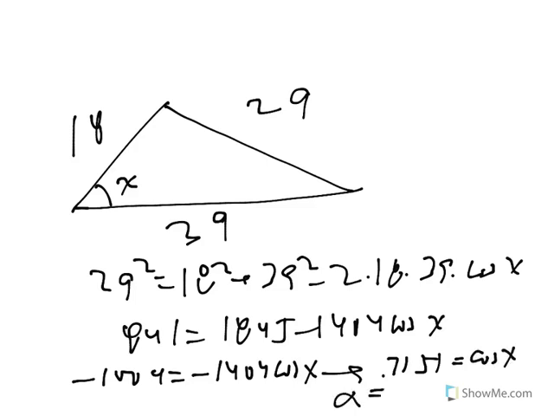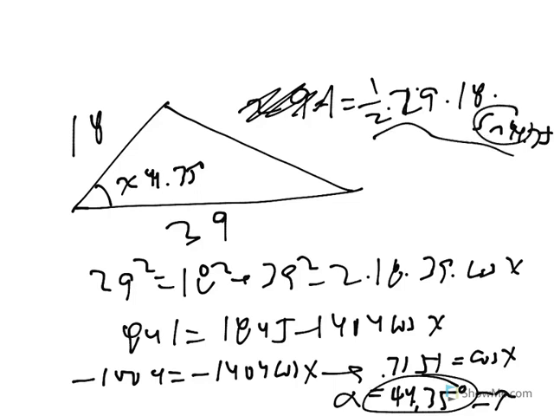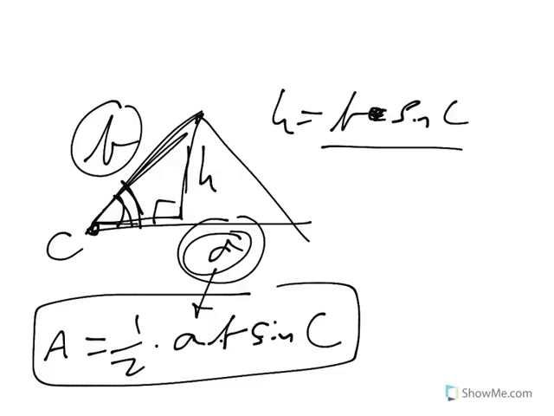The reference angle is 44.35 degrees. And that's also the answer for x. So now that I have that angle identified as 44.35 degrees, I can then ignore this 29 and say area equals 1/2 AB sine of C. It's kind of funny how the law of cosines gets us the 44, but then in this formula it's sine. This formula, 1/2 AB sine C,